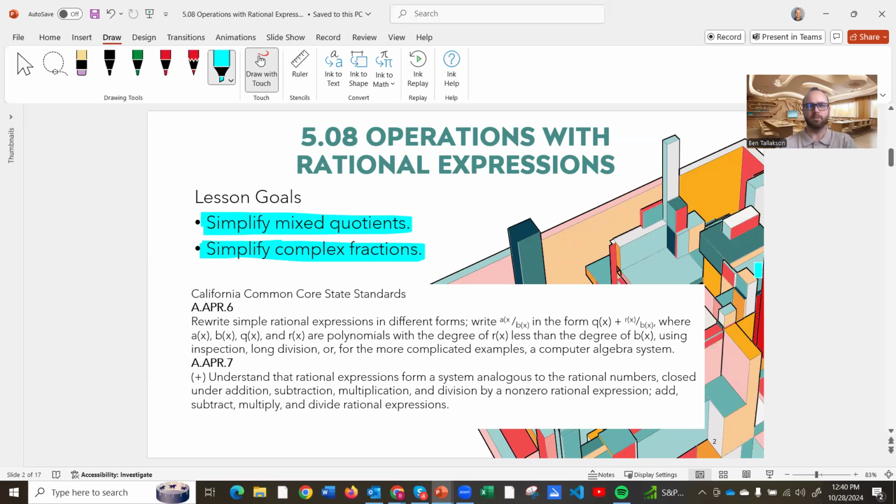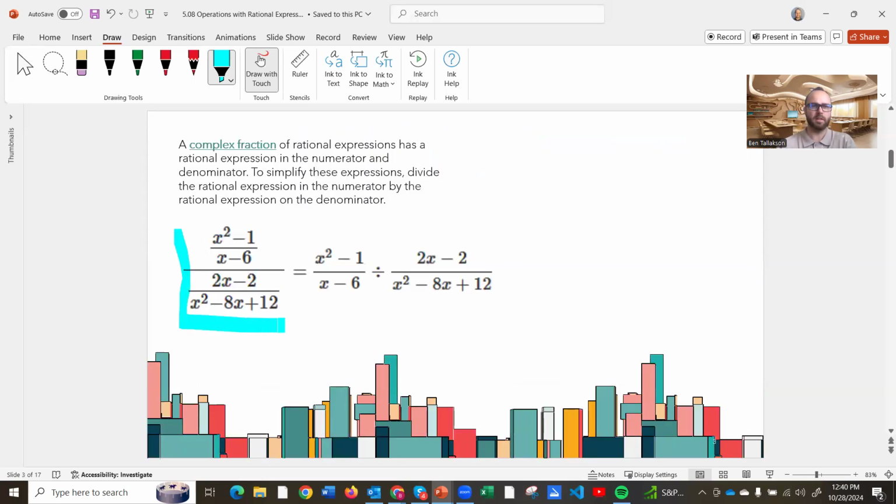Okay, so what is a complex fraction? Well, it's a fraction that looks like this. There are layers to it. A complex fraction of rational expressions has a rational expression in the numerator, so we're talking about this, and also in the denominator. So there's also a fraction down here. When we're talking about complex fractions, one of these fraction lines is more powerful than the others, and it's this one. To simplify these expressions, we divide the rational expression in the numerator by the rational expression in